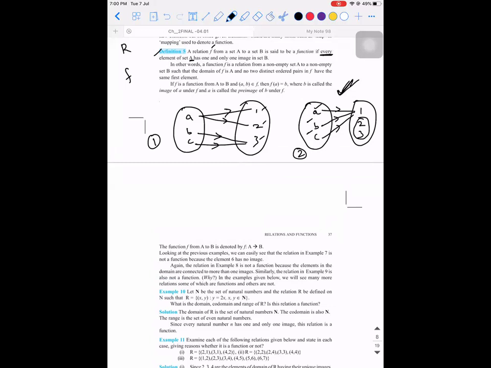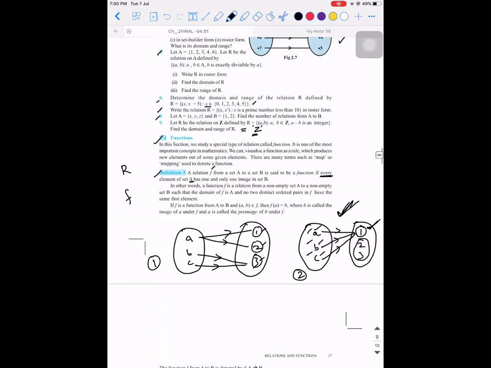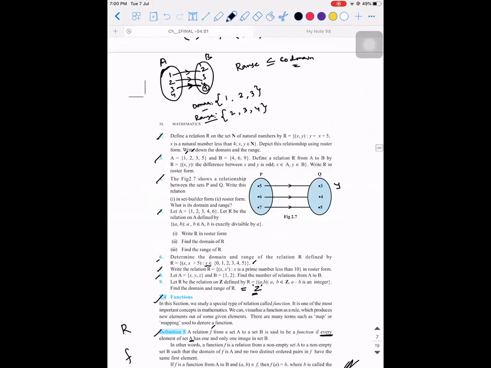Which one, sir? This 1, 2, and 3 are called the images. Whichever element participates in the output set is called an image. For example, in this question, you can say 1 is an image of A, 1 is an image of B, and 1 is an image of C. In a similar way, what is the image in this set? 3 is an image of 5, 4 is an image of 6, 5 is an image of 7. That's it. Simple.